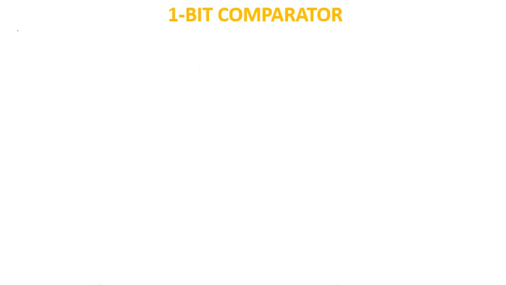We look at one more circuit, that is the 1-bit comparator. So a 1-bit comparator is a circuit which compares 2 bits. That is, it compares 2 numbers of 1 bit each. So let me take the name of the block as COMP. Now it will have two inputs of 1 bit each. So let me take the numbers as A and B. A and B are two numbers of 1 bit each.